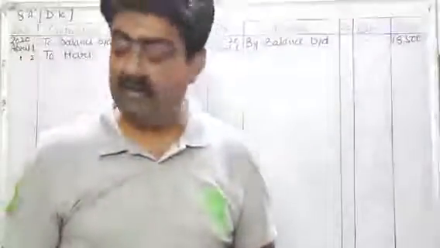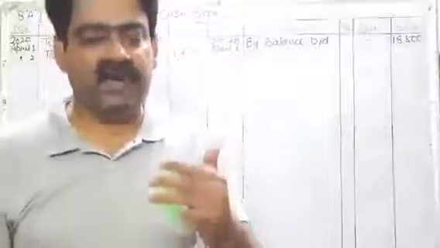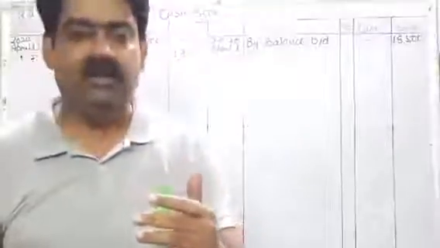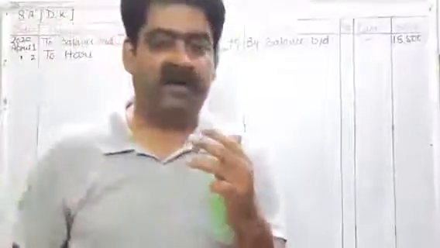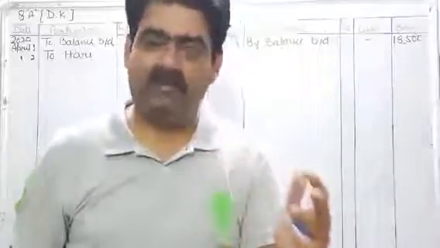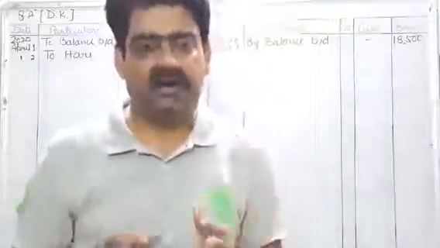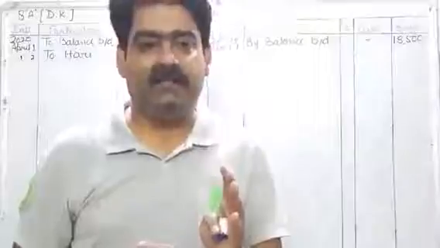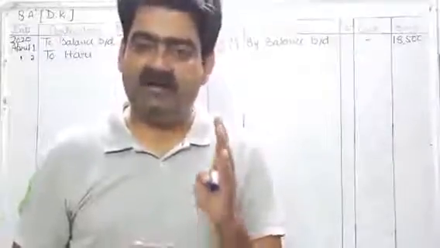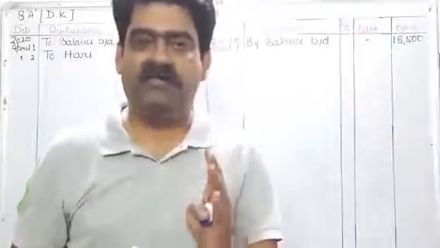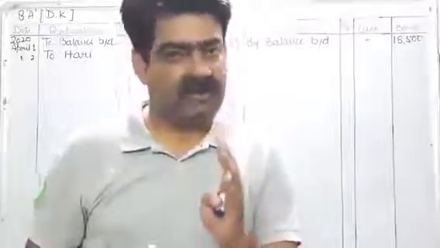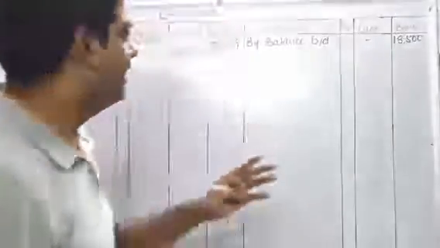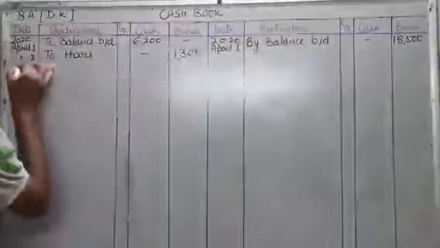On April 5, there is one transaction, that is check received from Vinod deposited into bank. See, we have received check from Vinod on 3rd of April and on 5th of April we are depositing this check into our bank. So now journal entry will be bank account debit to check in hand and treatment of such journal entry will come in cash book. So bank account debit to check in hand, treatment will come in debit side on April 5